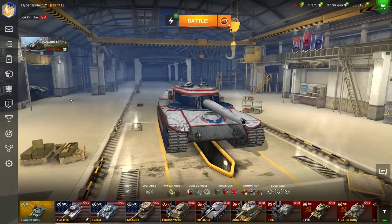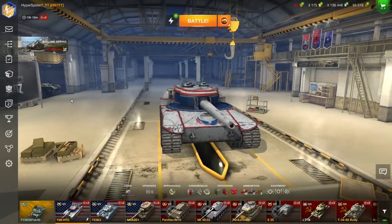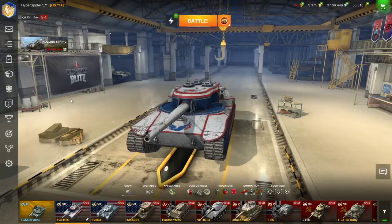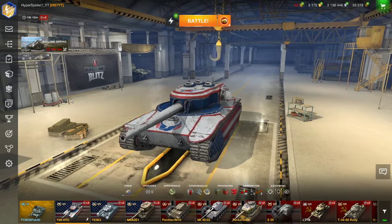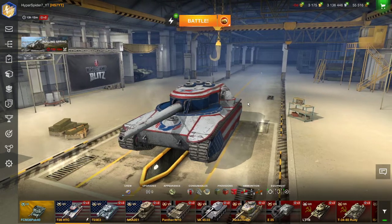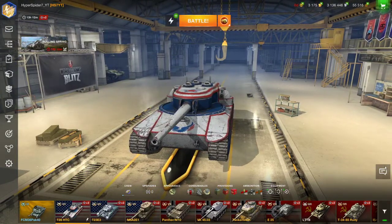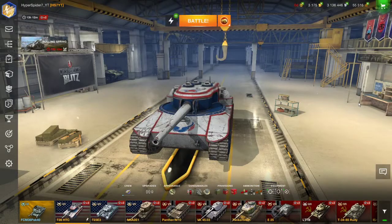So number 4. This got really hard, choosing this top 5, because I found at least 3 or 4 tanks I hated and didn't like the look of. Even I've nearly forgotten what my top 5 is, because I keep going back and forth on which tank should be in the top 5 and which shouldn't. So, number 4. If I can remember, it is the...